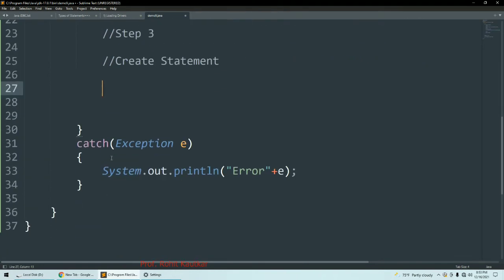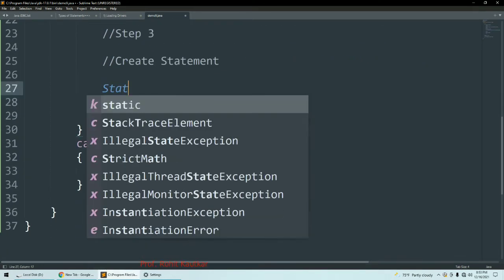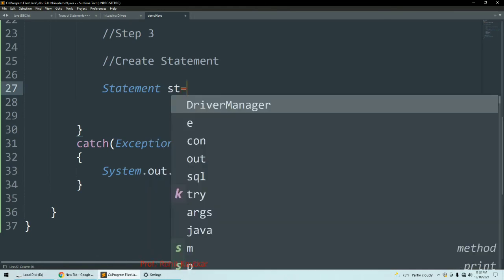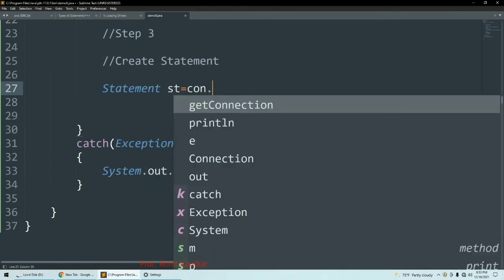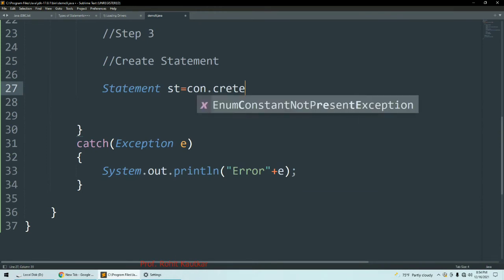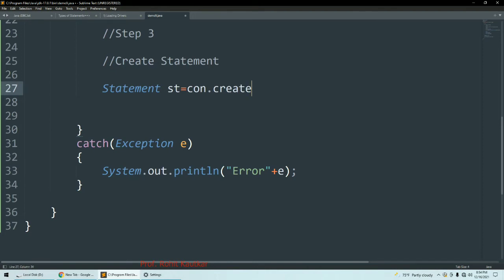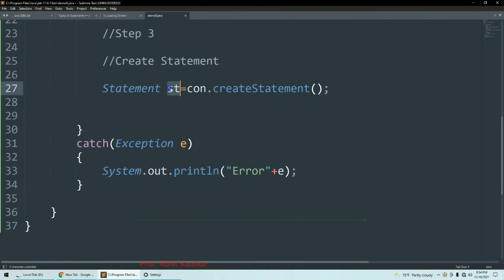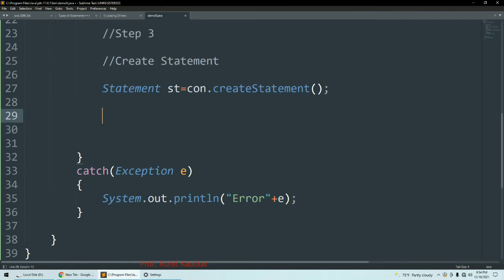I will write here Statement st is equal to connection.createStatement. Okay, so here our statement will be ready, and the name of the statement is st. So this st will be used for executing the query. This was step number 3.